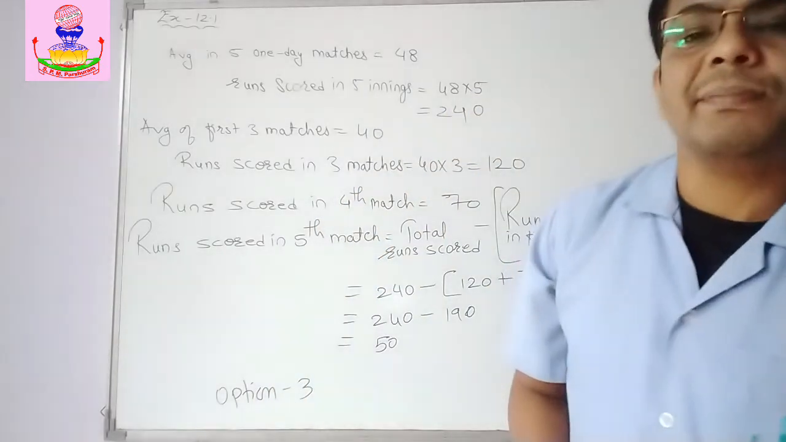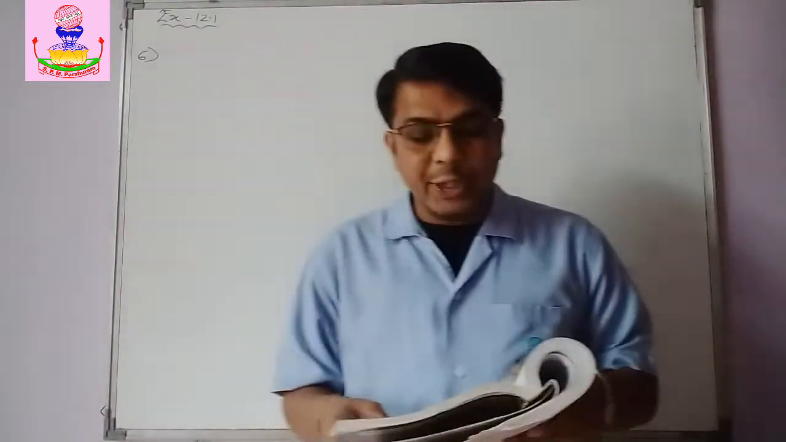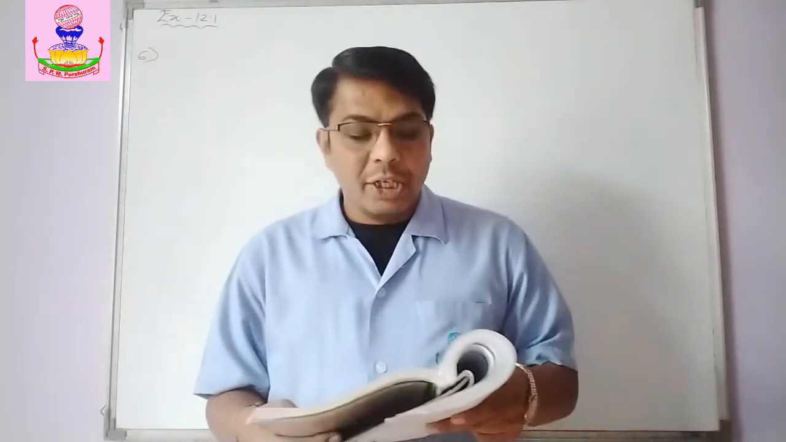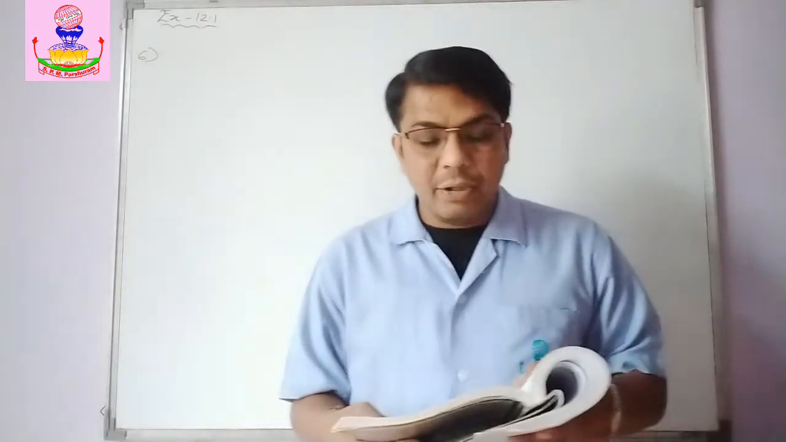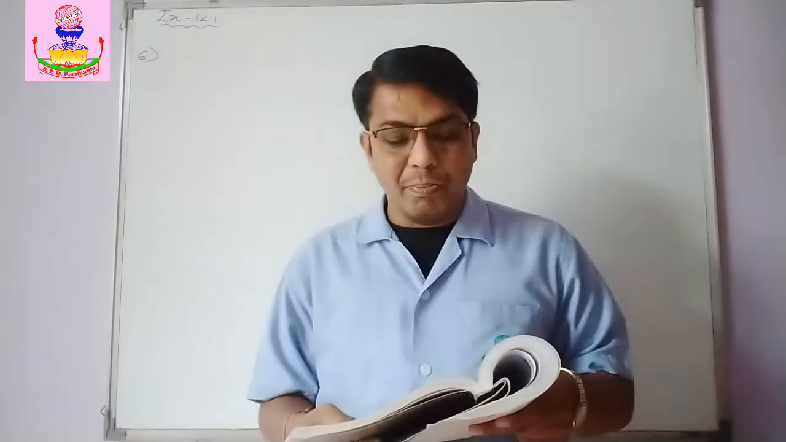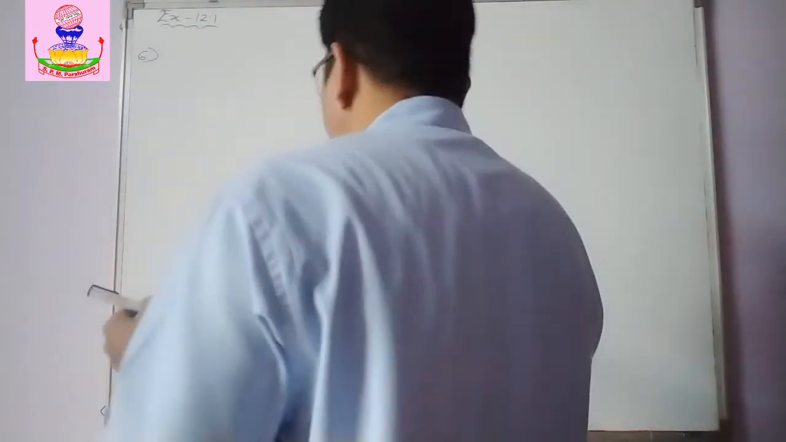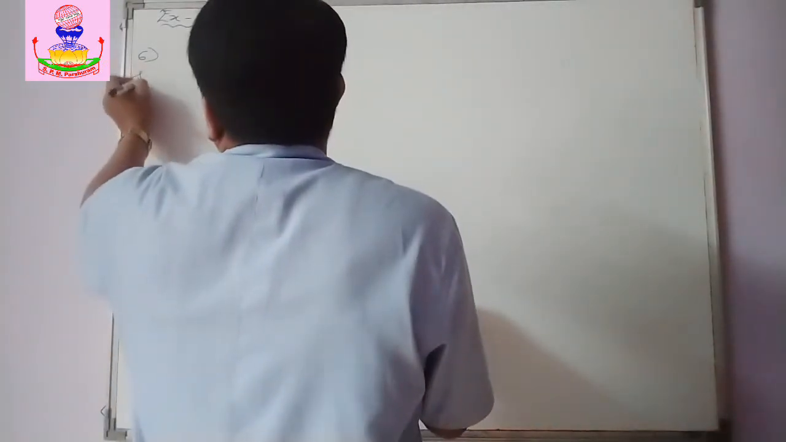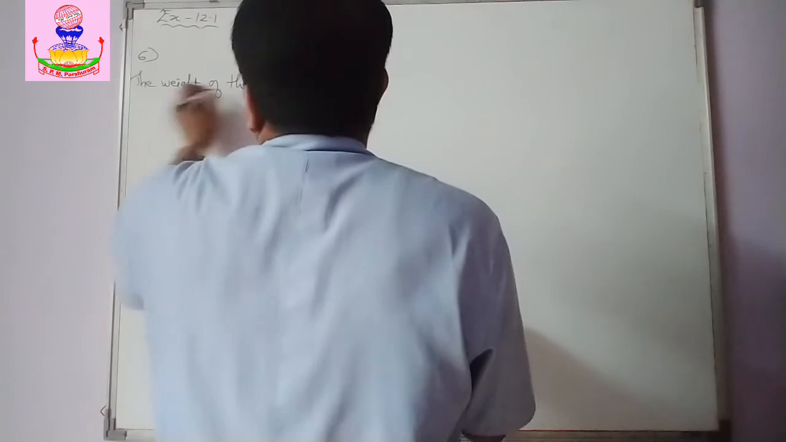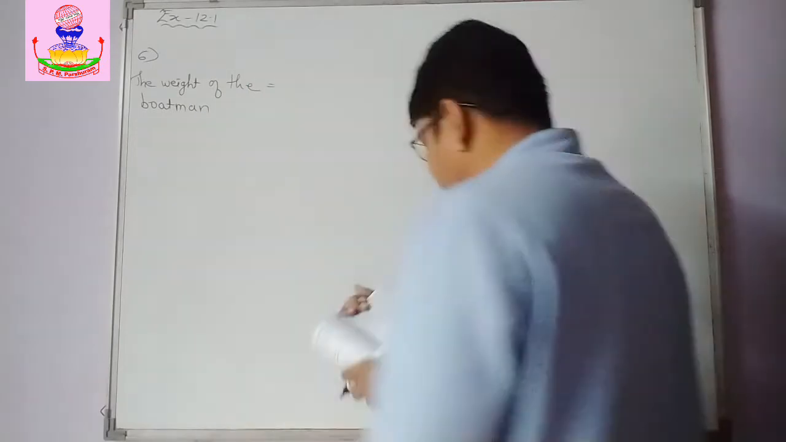Okay, so let's move to our next example. Now see sixth one: the average weight of 40 students is 25 kg. They are seated in a boat. If along with the boatman, the average weight of all of them is 26 kg, then what is the weight of the boatman? So again the same thing, the weight of the boatman equals to